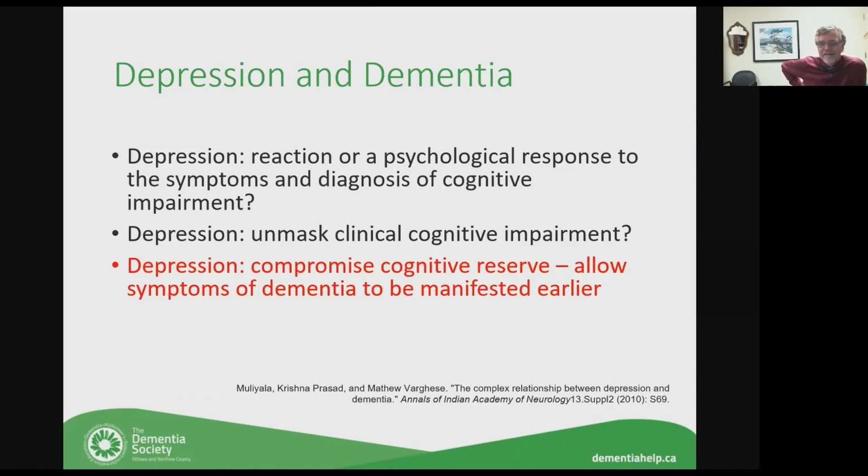So that idea of cognitive reserve is that the more we educate, the more we train our brain, the more we do different things, the more complex the connections are in the brain, and the more chance there is that the brain can sort of relearn something through another pathway if there is a little bit of damage here or there. So in the same way, depression,